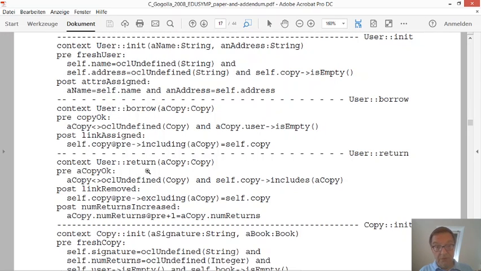The pre- and post-condition of the operation return are somehow similar in the following sense. When the user wants to return a copy, there is a precondition for this operation. Namely, the precondition says the copy that the user wants to return has to be included in the set of copies that the